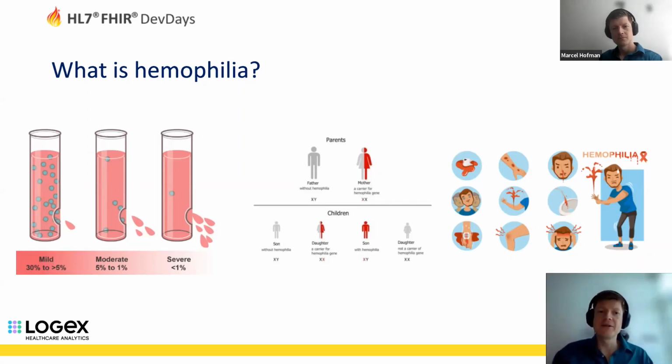Hemophilia can result in bleeding within joints that can lead to chronic joint disease and pain, bleeding in the head and sometimes in the brain, which can cause long-term problems such as seizures and paralysis. And death can occur if the bleeding cannot be stopped or if it occurs in a vital organ such as the brain.